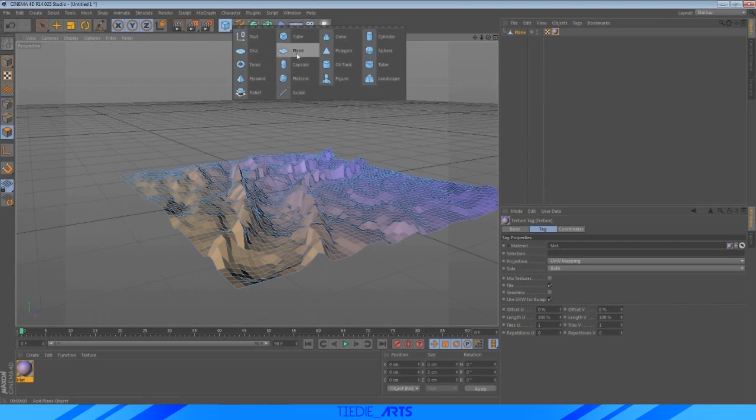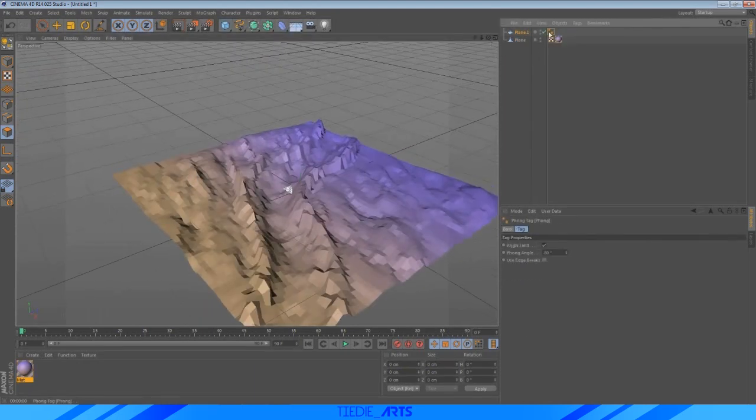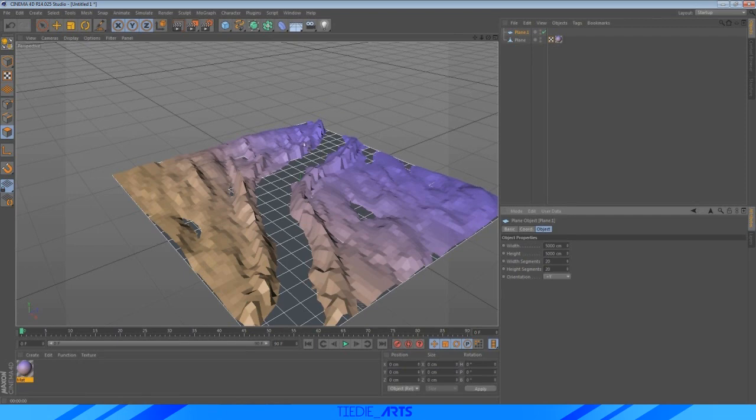Let's start by adding some water. For the water, we're also going to be using a plane. And make sure to delete the Phong tag right away. You guys know why at this point. And what was the size that we used for this? I believe it was 5,000? It might have been. Yeah, that seems right. So once you make that the same size as your plane, as you can see, it